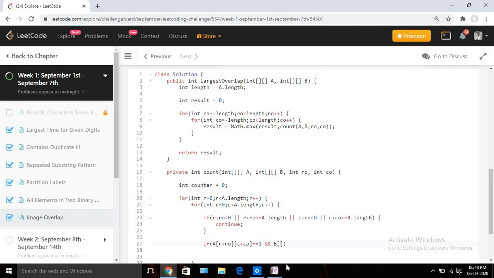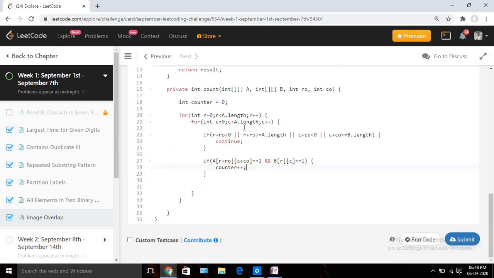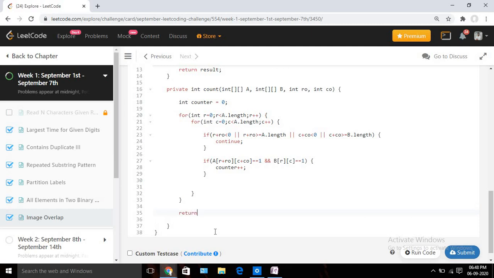For B we can take the actual r and c values, equals to 1. Then both values are 1, so we can increment our counter: counter plus plus. I think that's pretty much it, and once we are done with our for loop, we can return counter.